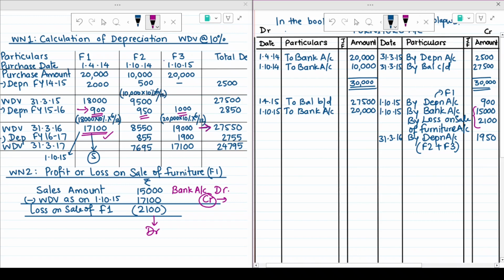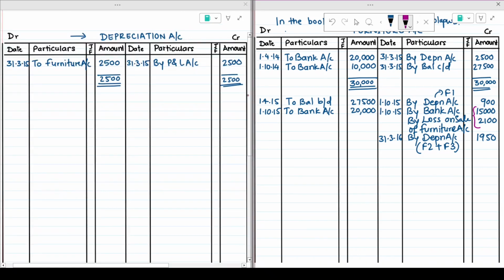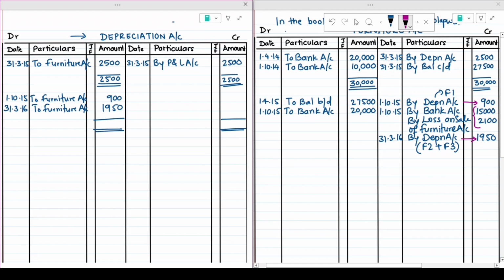Now depreciation account is pending. In depreciation account, we have 2 entries to post. One on the date of sale, that is 900, and the other at the year end on remaining 2 furnitures. So these 2 entries we have to post on 1st October 15 to furniture account 900, and at the year end to furniture account 1950. So we will close the book